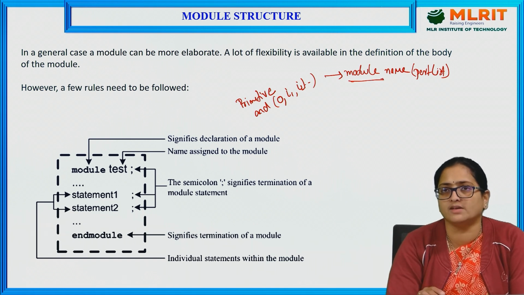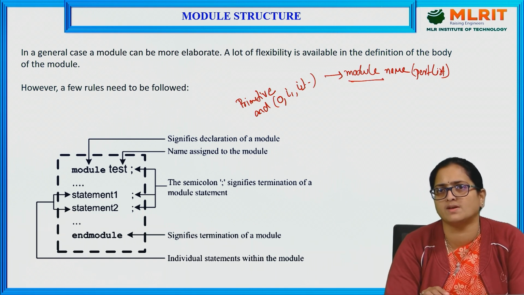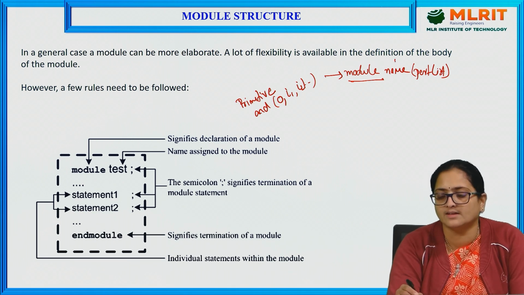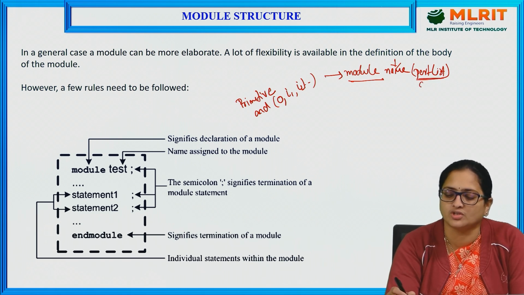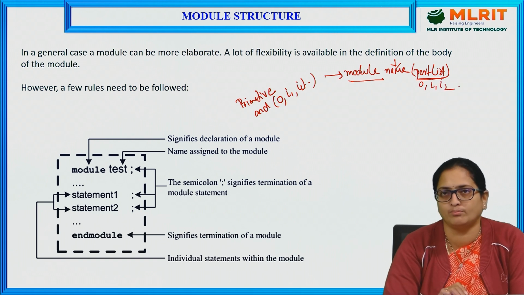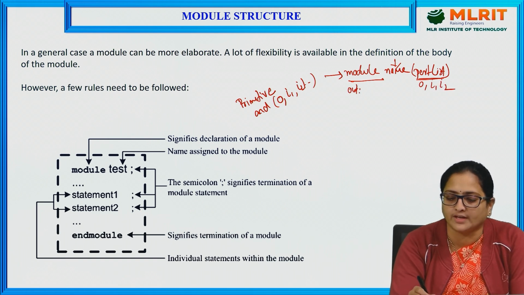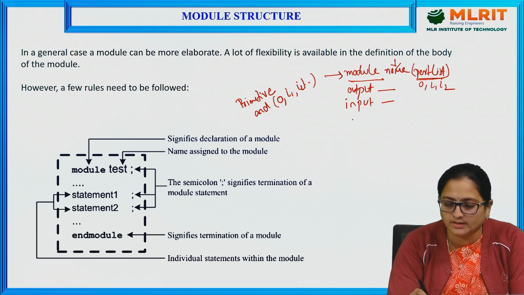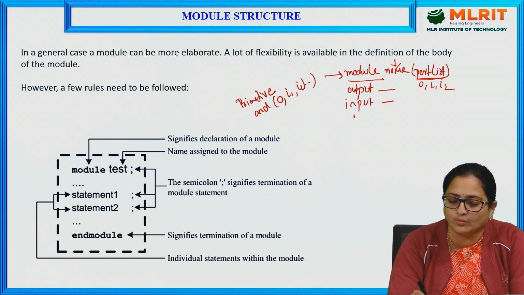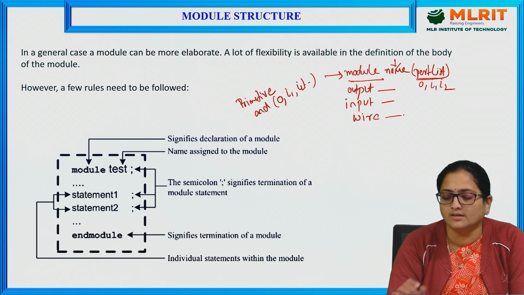Module is a keyword which specifies that the program starts from that particular point, and this is the name of the module. Later, this name is followed by the port list, that is, you need to mention the output ports and also the input ports. Later, you need to specify which are the output ports and which are the input ports. If required, if you want any wires, you can define wires, and later it will be followed with the design description.